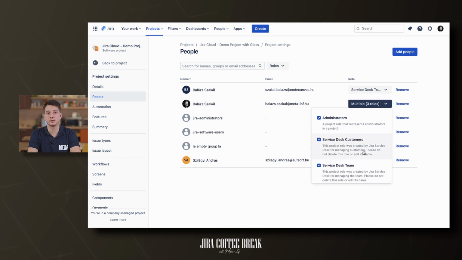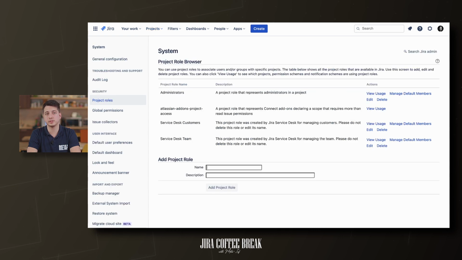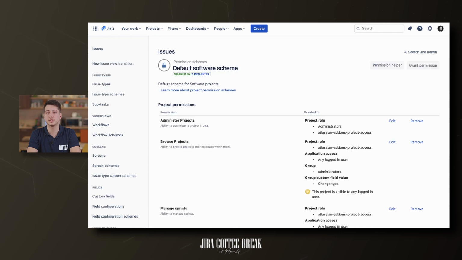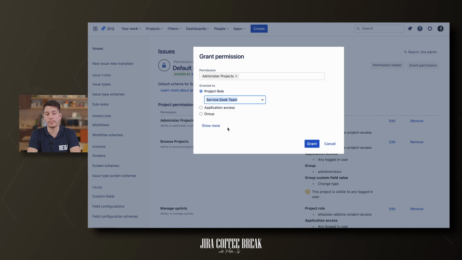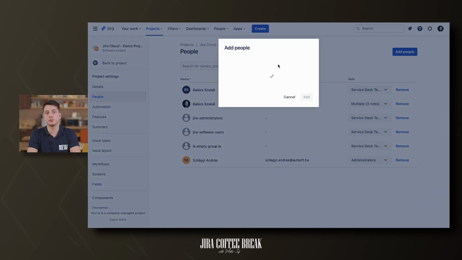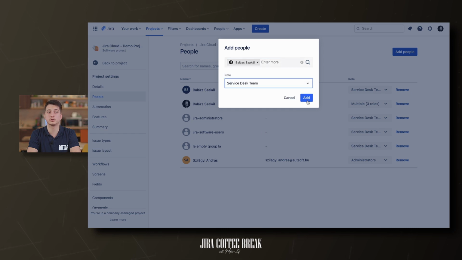To use project roles to assign permissions, you need to make a few steps. First, as a Jira admin, you need to create a new project role or use an existing one to assign permissions to it in the permission schemes and then assign the permission scheme to the appropriate projects. And then, as a project admin, you need to add users or groups to the project role in your project to assign permissions to them. Anything else affecting the permissions?